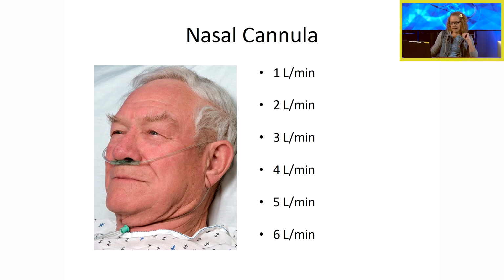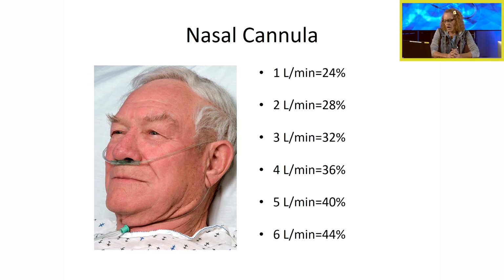So again, we can see our patient here on nasal cannula. We can titrate from 1 to 6 liters, assessing the patient all along to see if their oxygen status has improved, right? So when we have a patient on 1 liter per minute, okay, we are supplementing them with 24% oxygen. When we bump it up to 2 liters, we're bumping it up to 28%, 3 liters 32%, 4 liters 36, and so on. You can see how as we increase the liters per minute, we're increasing the percent of oxygen, okay, that the